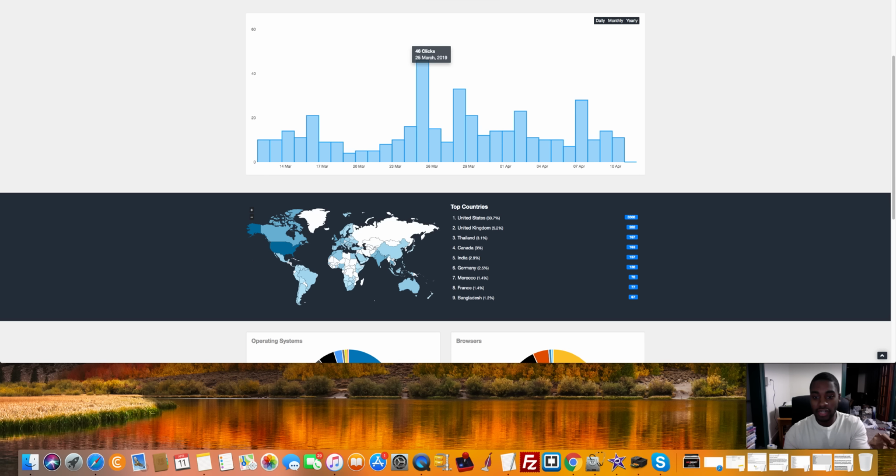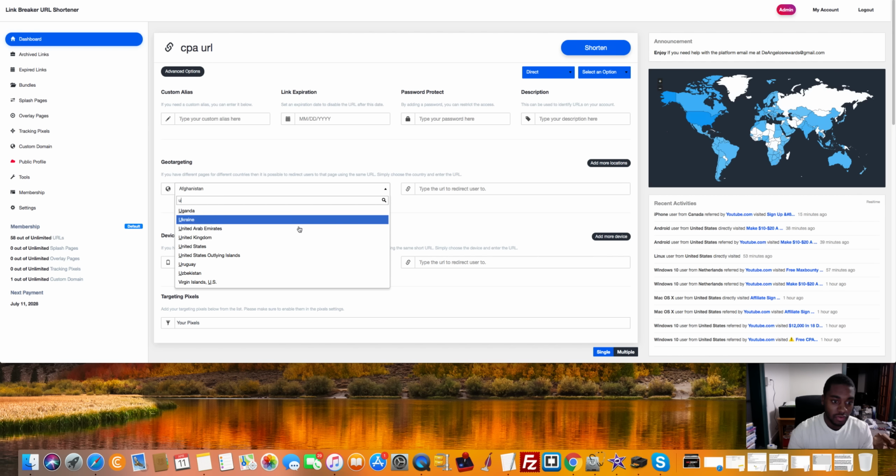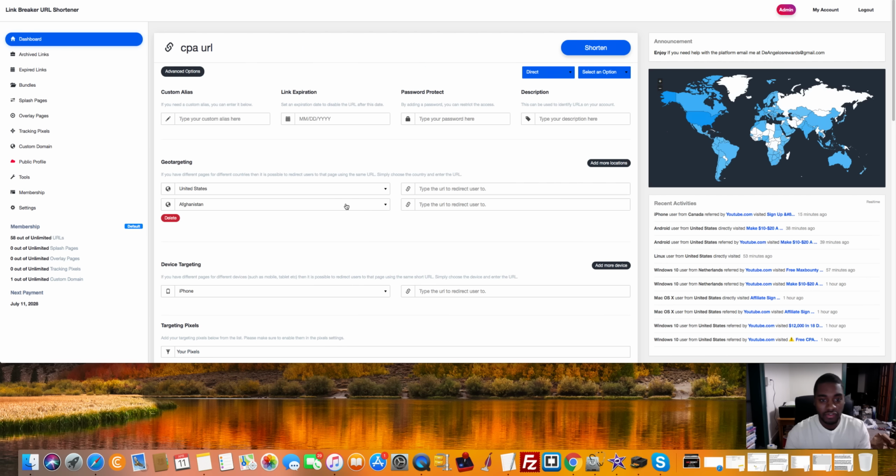So you see right here, United Kingdom and Thailand are the next runner-ups, right? So we would come down here, and then of course we would have our United States, we put in our URL for that. Then we come down with Thailand, put in our Thailand offer right here. So we can go to another network or wherever, put in the URL. So anyone that comes from Thailand is now going to go to that URL